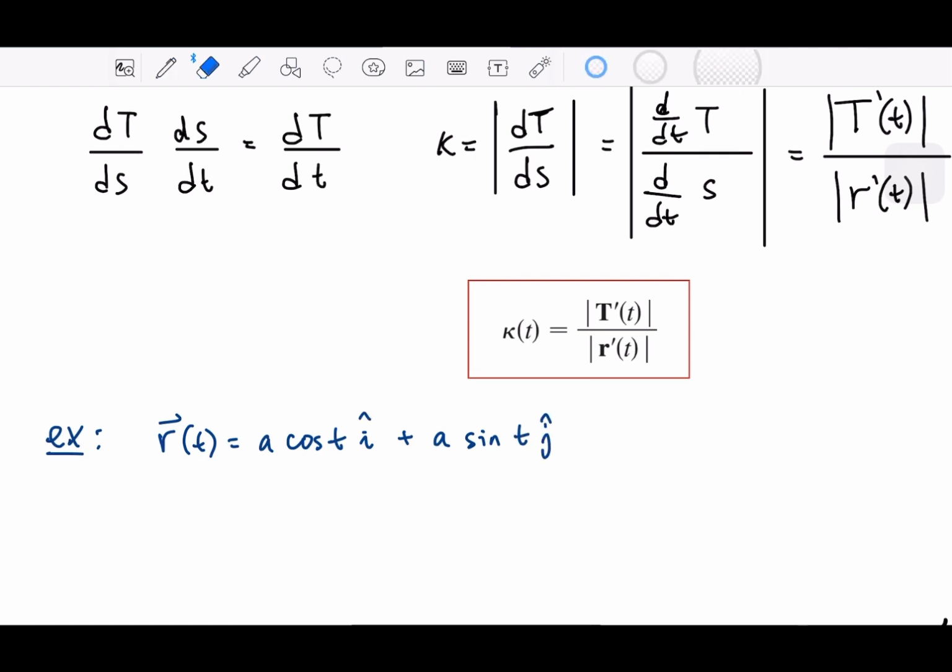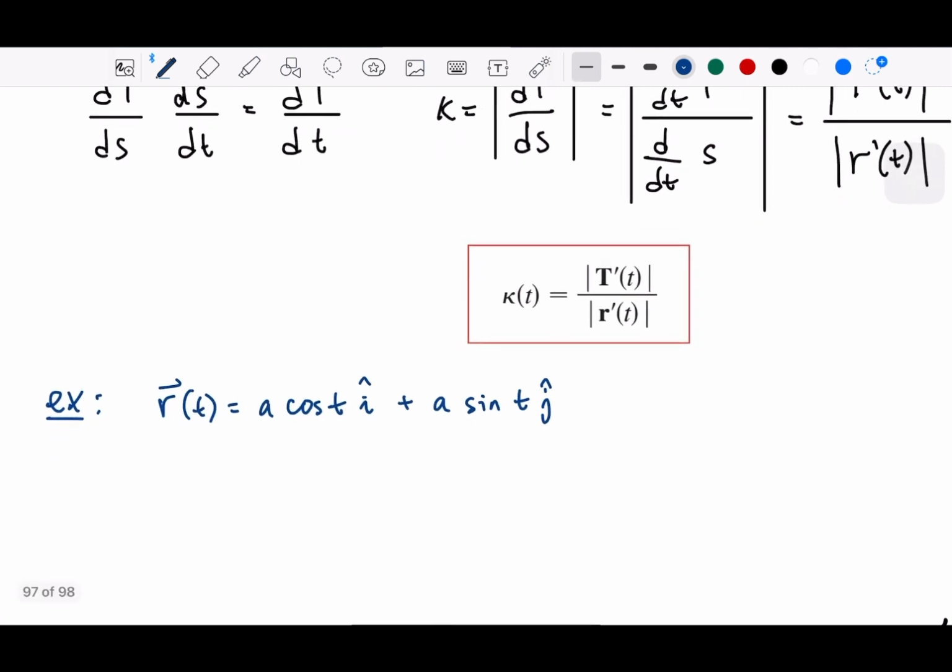Just take these two axes, x and y, for the vector positions. If you want to find the curvature,